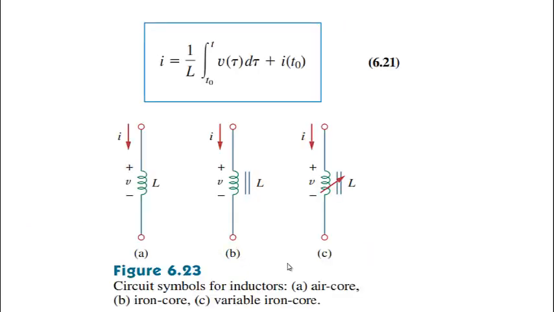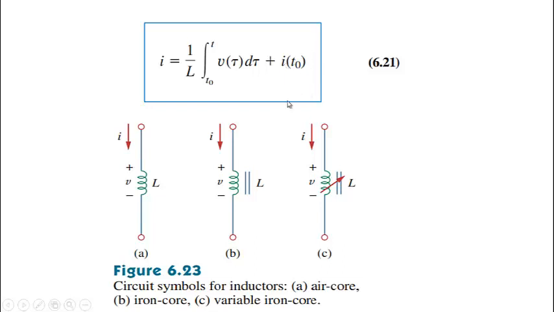As the capacitor has the property of storing the initial voltage, here the inductor has the property of storing the previous current. That's what this means, because we have changed the limits from minus infinity to t0, and taken it equal to i(t0), the current at t equal to t0. Actually, this current should have been equal to 1 by L integral from minus infinity to t0 of v(t) dt. We have assumed that to be equal to i(t0).